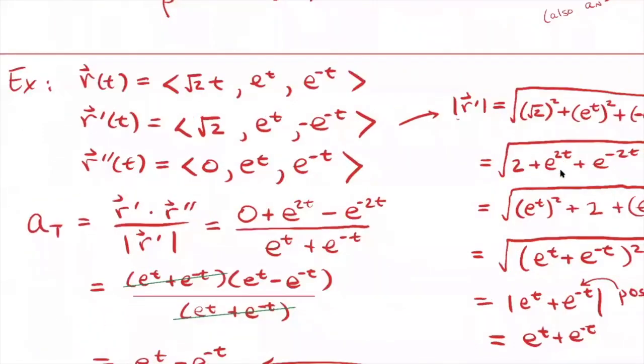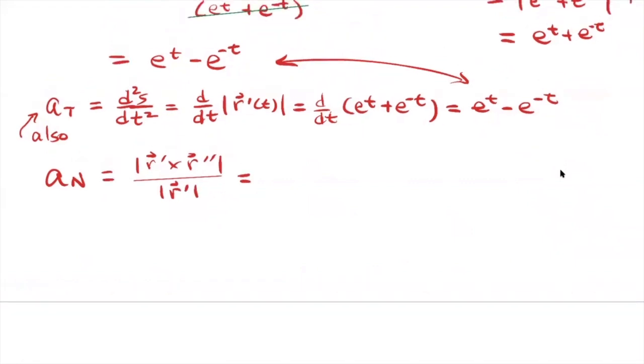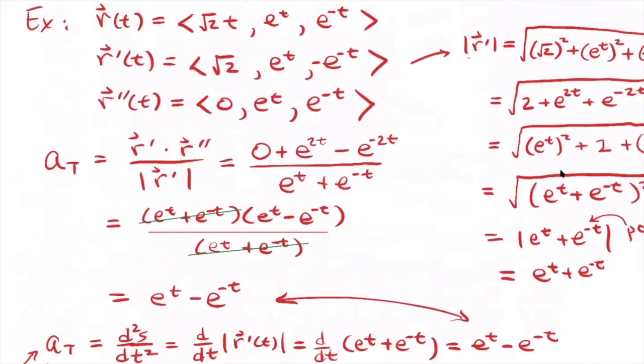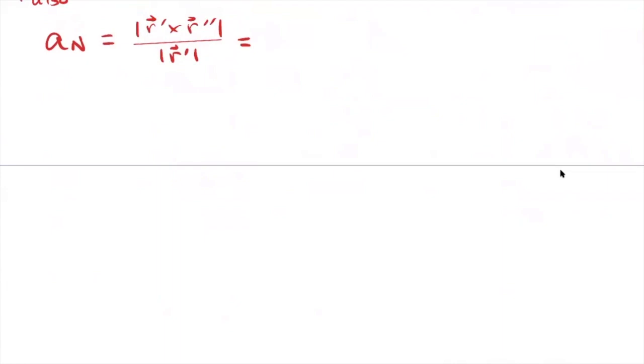AN is going to be the magnitude of r prime cross r double prime over the magnitude of r prime. Okay, so we know the magnitude of r prime. We're going to have to do this darn cross product, and that's not going to be fun. So let me see here. R prime and r double prime. I'm going to copy these down below. Maybe I'll start here. So r prime cross r double prime